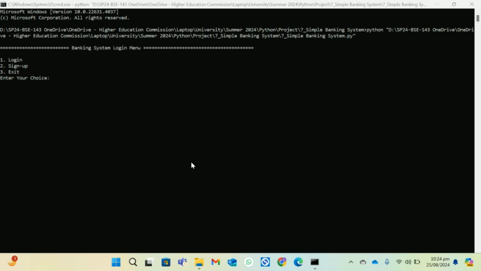This banking system script operates entirely in Python, using file handling to simulate a basic bank account management system.